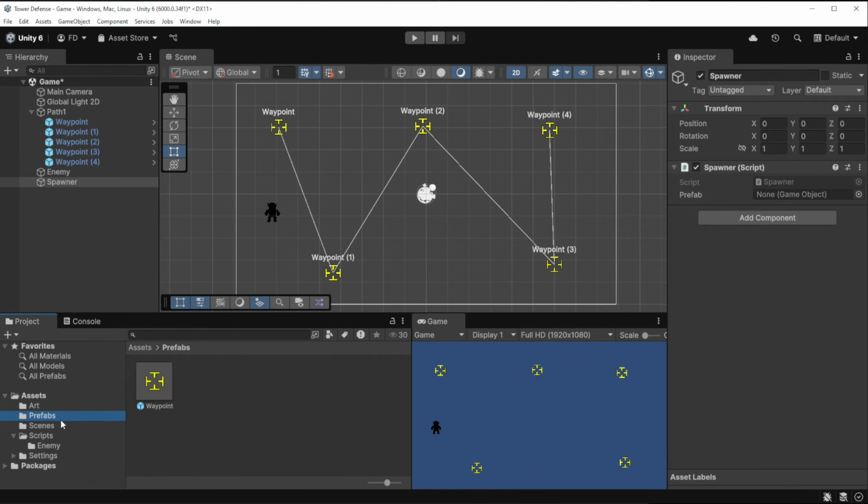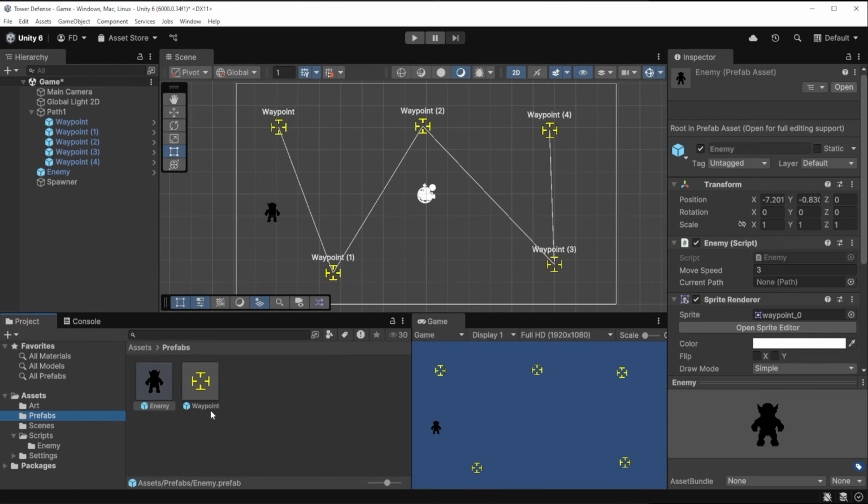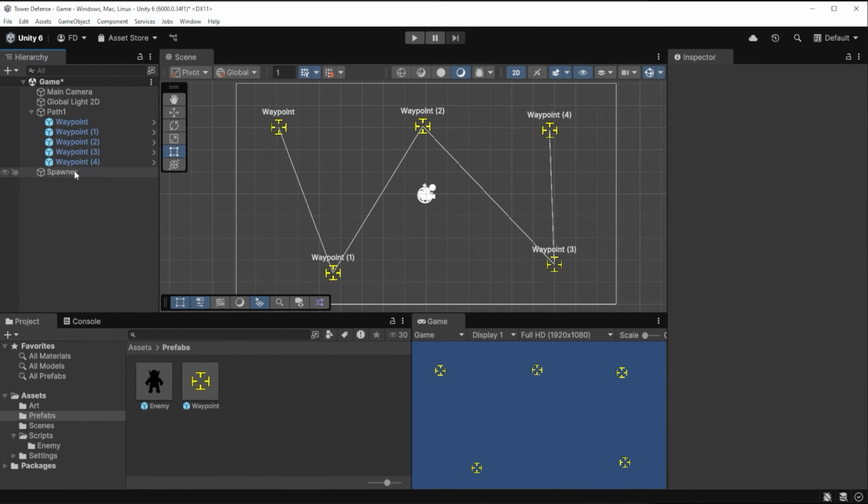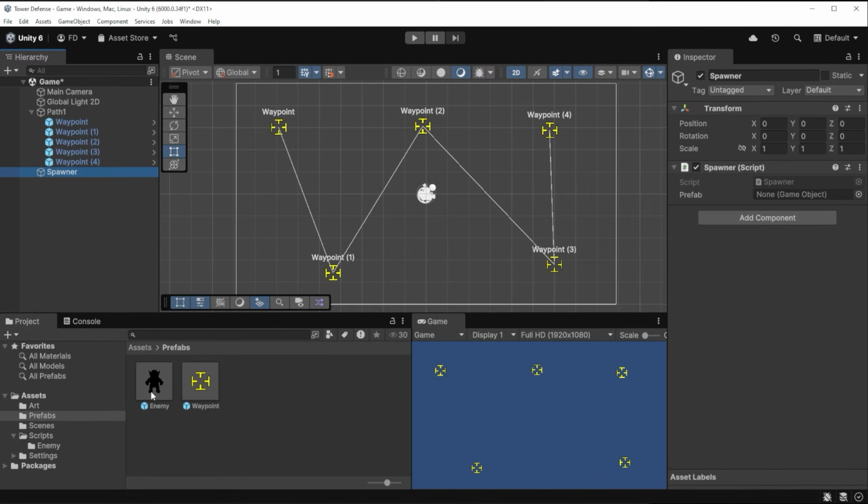I go to Assets, Prefabs, and I drag and drop enemy game object in here, turning it into a prefab. I can reset its transform to keep this cleaner. I delete the enemy game object from the scene. Spawner selected, and I drag the enemy prefab into this prefab field. I enter play mode,